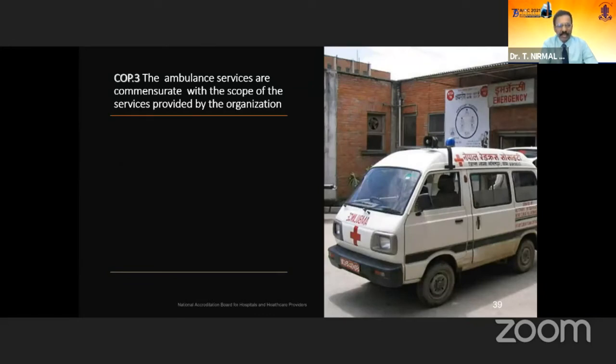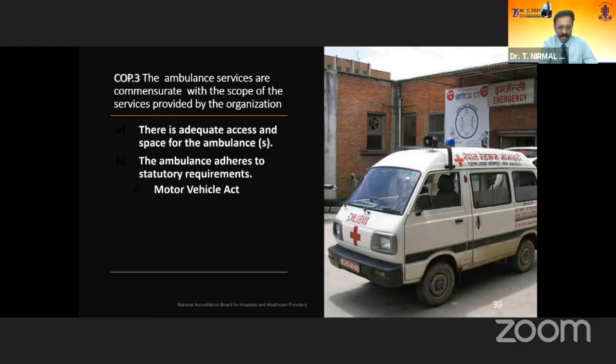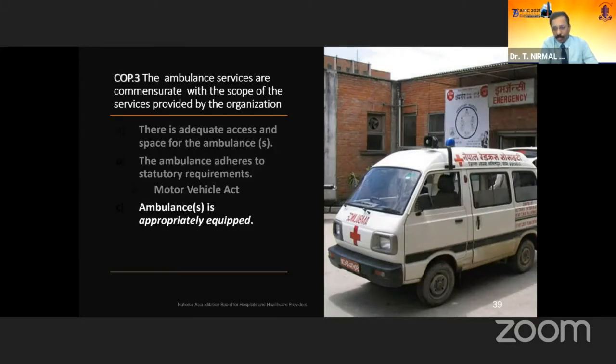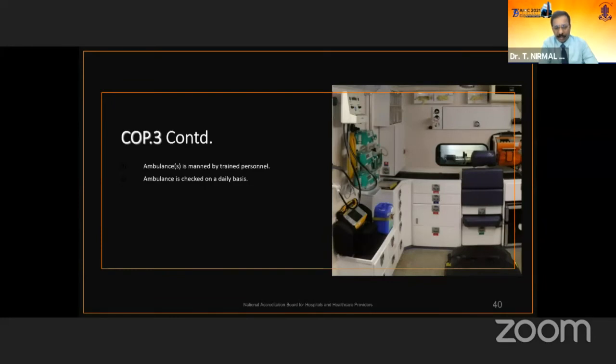So we have to have an MOU or some linkage with the ambulance services so that the ambulance has access and space inside the organization. It has to adhere to the Motor Vehicle Act because ambulances have different kinds of licenses. Ambulances should be appropriately equipped and manned by trained personnel. And the ambulance has to be checked on a daily basis for emergency drugs. If you have an MOU, see to it that the organization checks this on a daily basis. And if you are using the emergency medication, that has to be properly